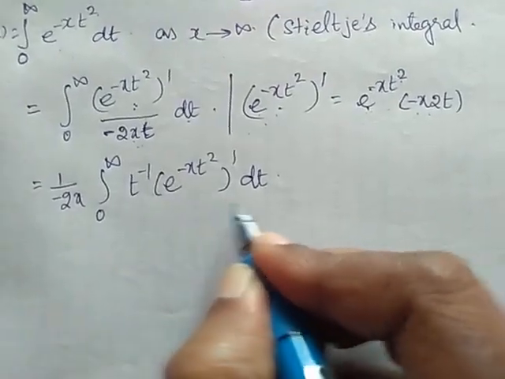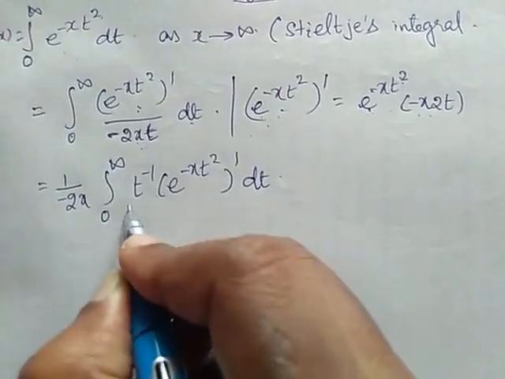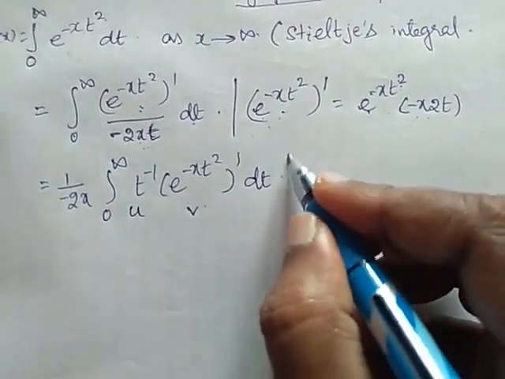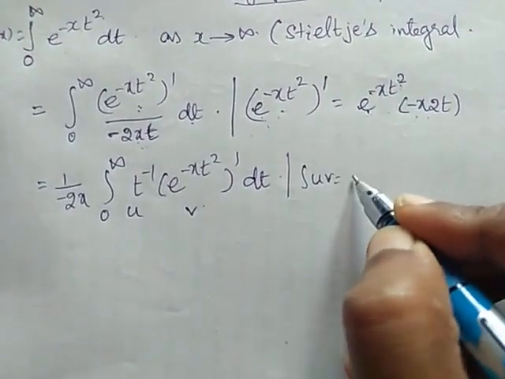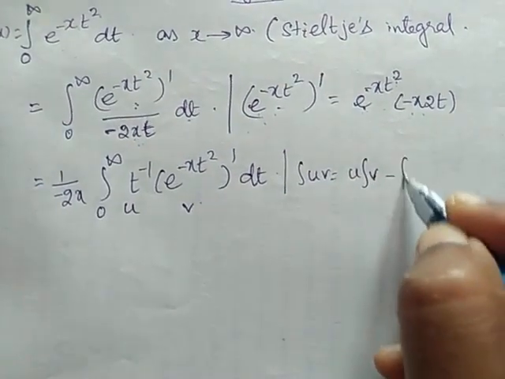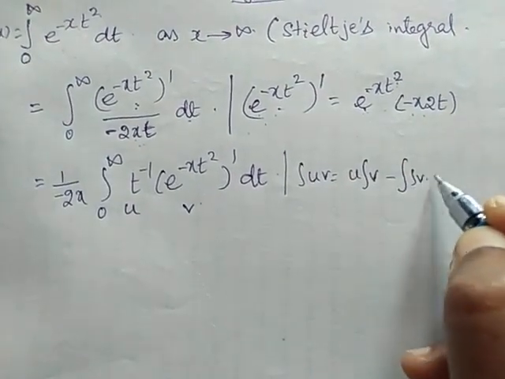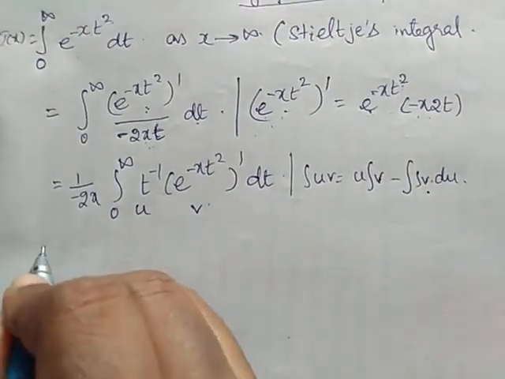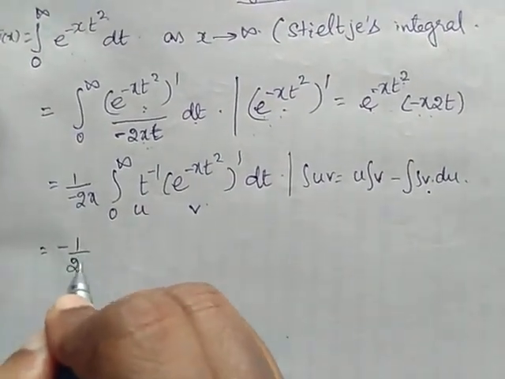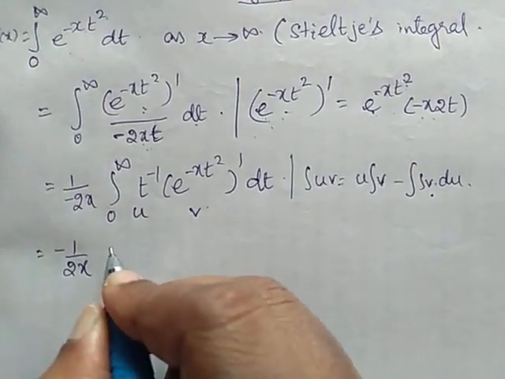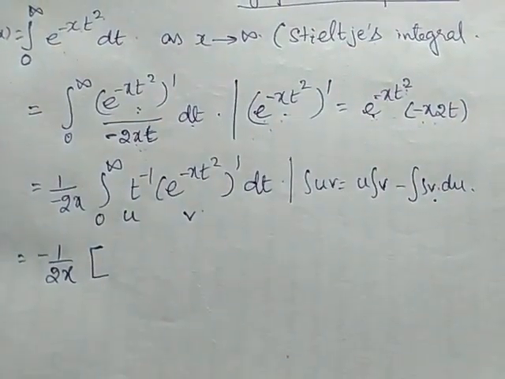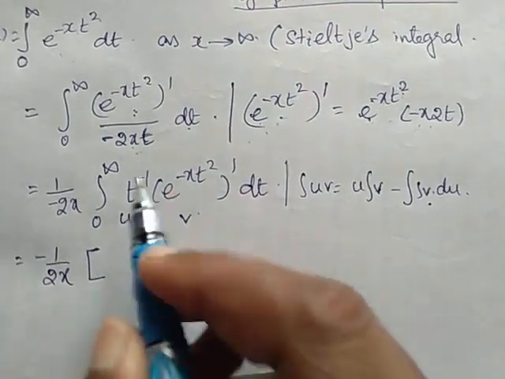Now we can integrate this using integration by parts. I will take this as u, this as v. What is the integration of uv? It is u into the integral of v, minus the integral of v into du. I am going to use this formula here. Already we have seen a few problems, and you have studied this in PUC also, in school days also, so it will be easy for you.